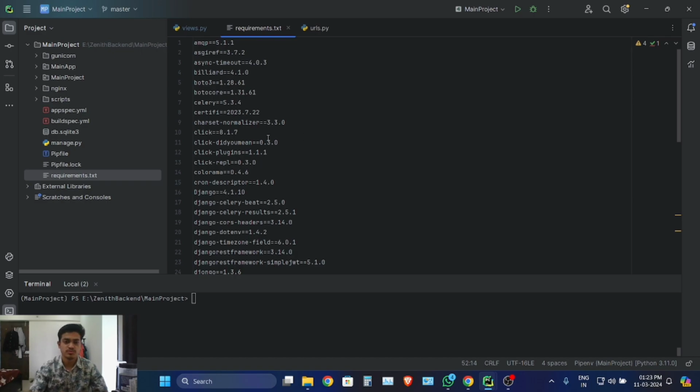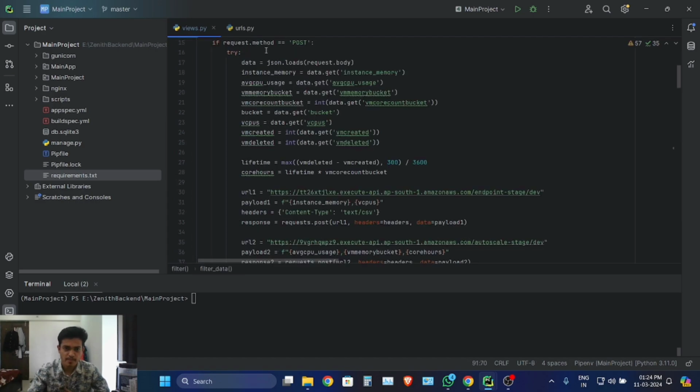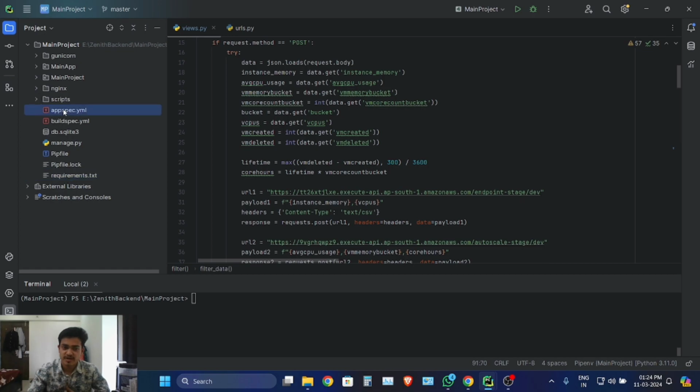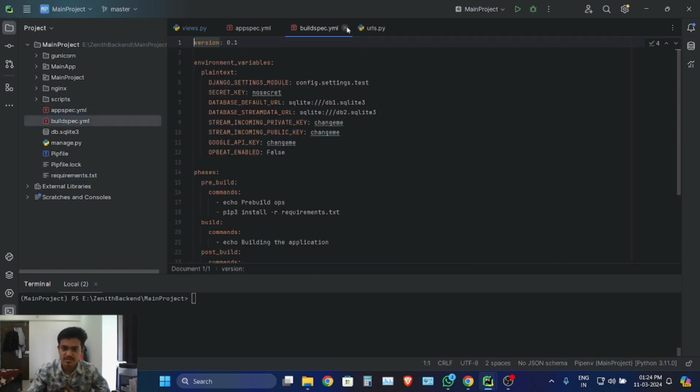The very first thing that you must do when you operate locally is to install this requirements.txt. So do pip install -r requirements.txt and install all these dependencies. So once this is done, you need to set up all the configurations, the Gunicorn configurations, then the Nginx configurations, the booting scripts, the appspec YML, the buildspec YML. So once all this is done,